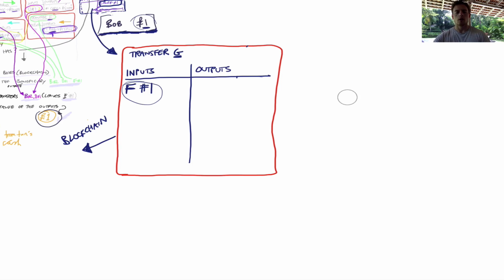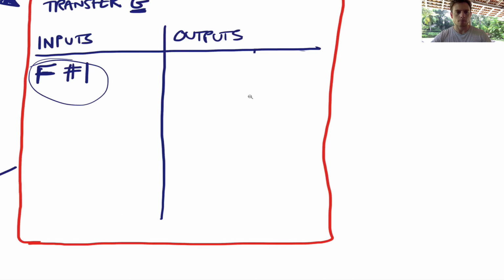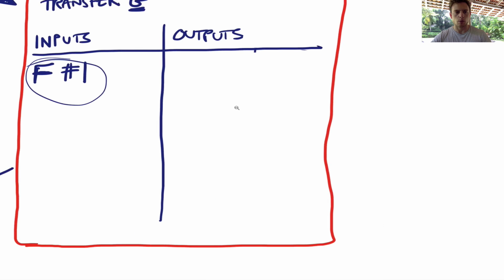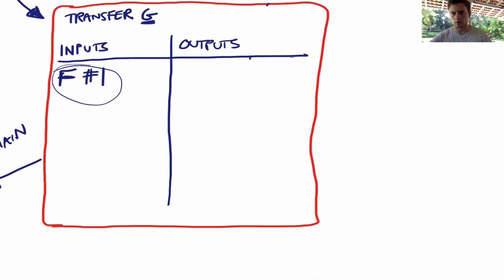So, it works as follows, right? And this is where the locking and unlocking script comes in. So hopefully you're staying with me. I know it's a bit involved, because what we're trying to do is build a level of comfort with the idea that these transactions can be used to transfer value without any physical medium whatsoever changing hands, and without any balances, right? So Bob, let's just take it as read that Bob has this £1 of UTXO to spend,